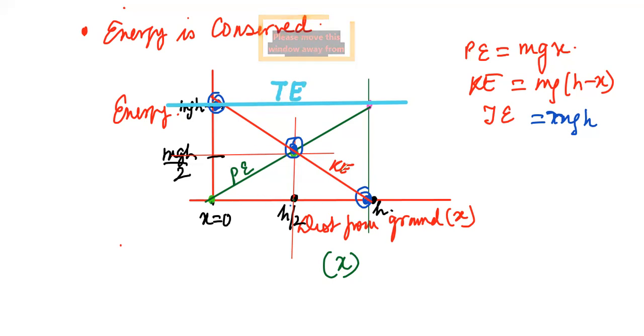So this is the graph which is showing the variation of all three energies with the distance from the ground. So we have proved today two things, or covered two things over here. One, energy is conserved, and the variation of energy with distance